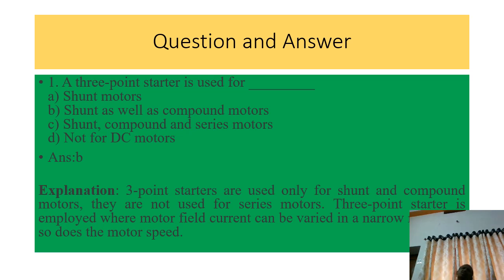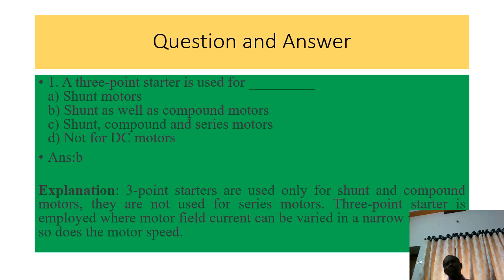Under no load condition, you can observe that the handle is in the off state. There is no speed, the machine is not rotating, so N is equal to 0. No back EMF is generated in the DC shunt motor, so armature current IA is equal to V by RA. Here the armature resistance is very low, so a high current will pass through the armature winding of the DC motor. This high current can damage the entire machine.